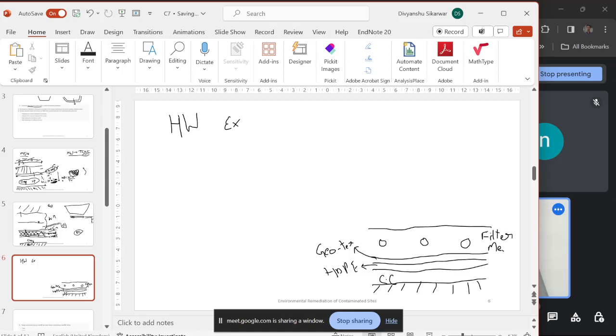This is filter media, which is basically a gravel layer, and these are pipes. On top of this, again there will be a geotextile, and there will be a layer of clay,